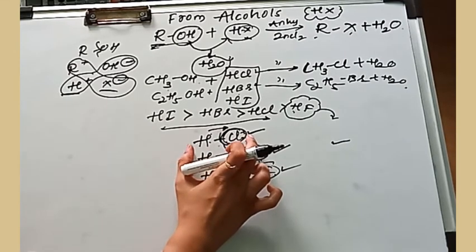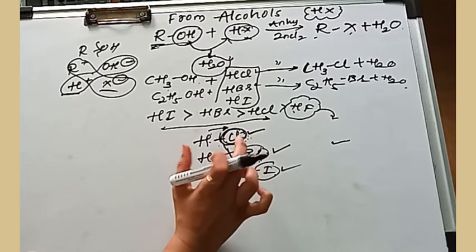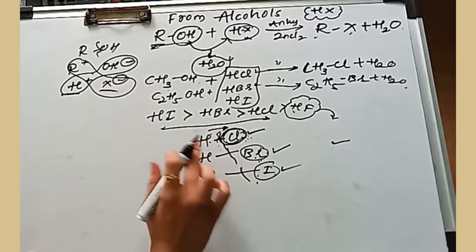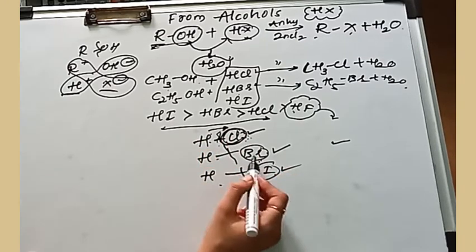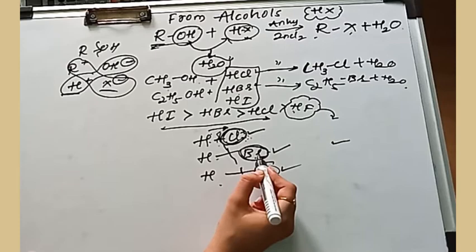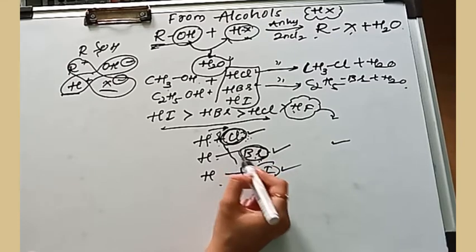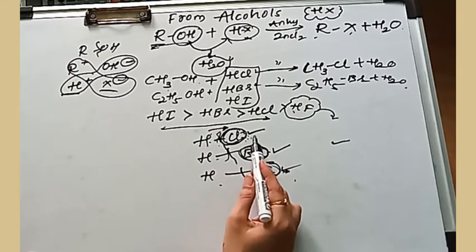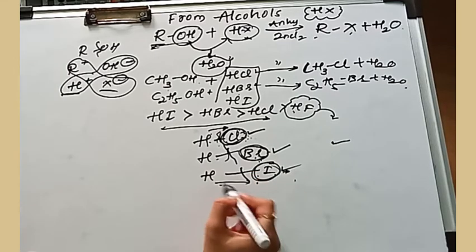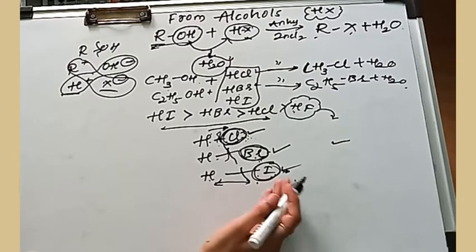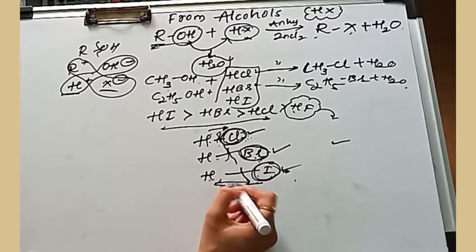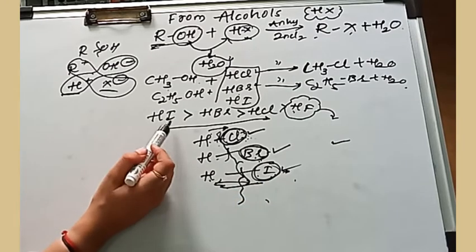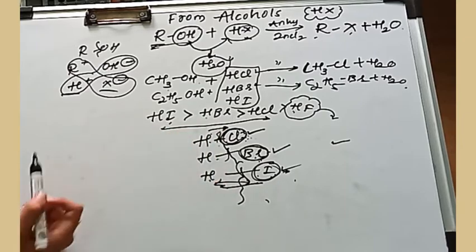So the bond strength between the H and Cl in HCl will be greater. As a result, it becomes a little difficult to break this H–Cl bond. Whereas here, the electronegativity is a little less compared to Cl, so you can break it. I, which has a lesser electronegativity compared to Cl and Br, has no much force of attraction with this H. The effect of this electronegativity towards this H is a little less. As a result, you can break this. That is why HI is more reactive than HBr and then HCl.